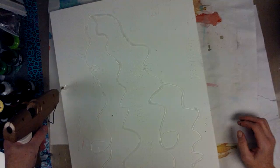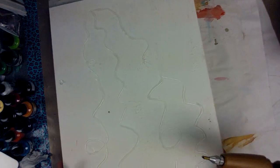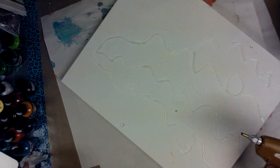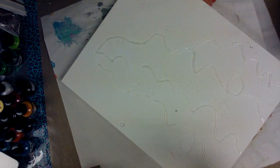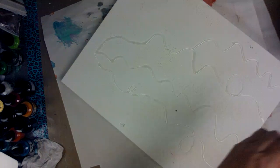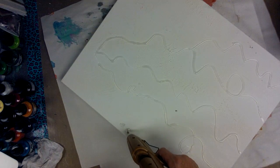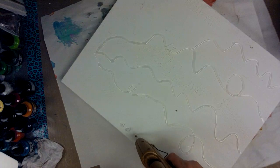Oop. Now see, I'm trying to do that left-handed, and that is a total poo-poo right there. I'll wait till that kind of hardens up a little bit. Let's see if, oh no, it's fallen into place. I can use that. I can work within those bounds, I think. I want to get just a little row of dots on here, just for a little extra texture. And all these little spider webby bits,